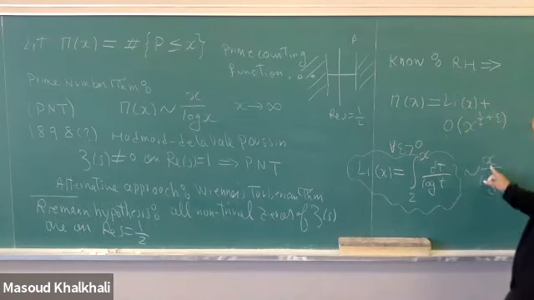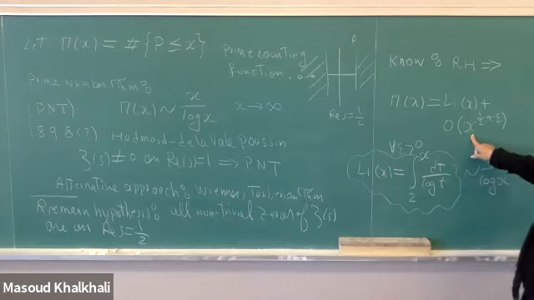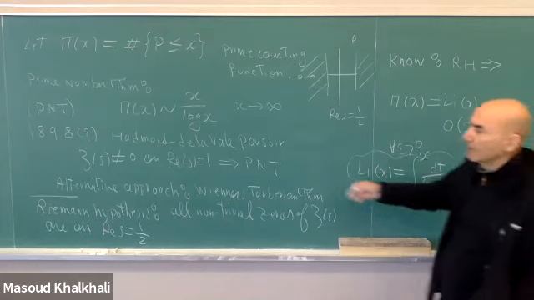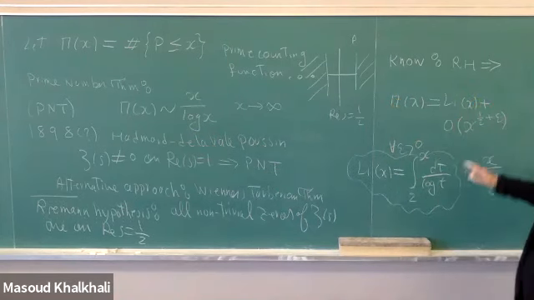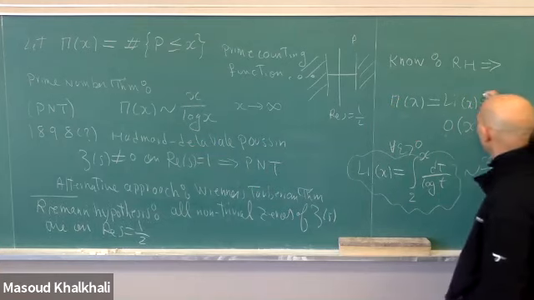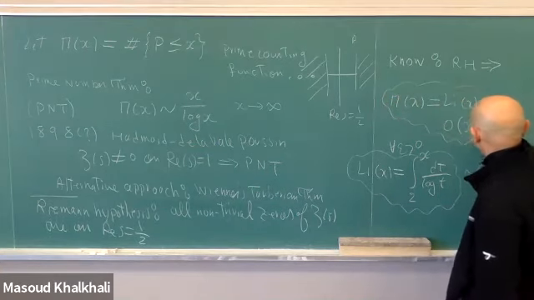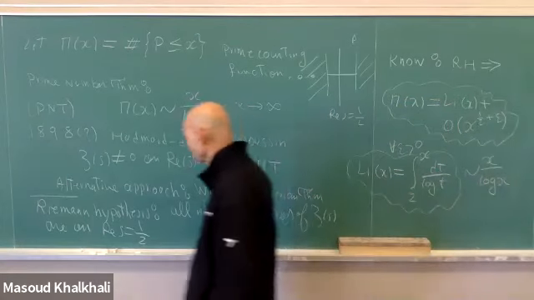But it's crucial to replace x over log x by this Li function in order to write a nice remainder term, which is O of x to the power. You see, this is much stronger, right? It tells you exactly the nature of the difference. It grows to infinity, but not faster than x to the root x plus epsilon at this point. So this is a very strong asymptotic behavior for the distribution of primes, provided you can prove